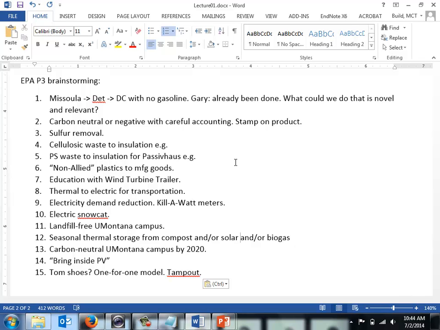We also talked about supplementing the heat from compost, just from the metabolism coming from composting, or just solar or burning the biogas. Different ways to make that heat.